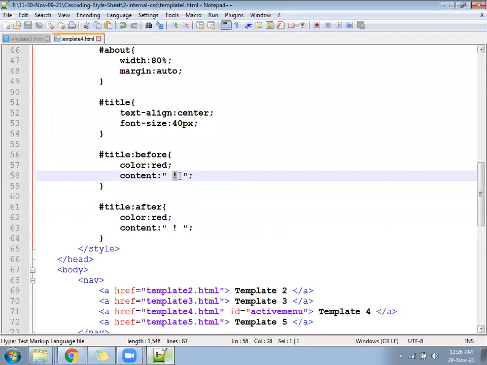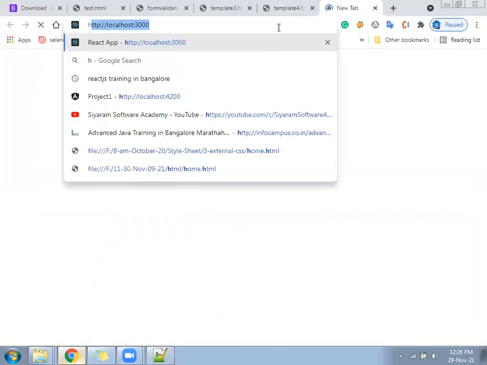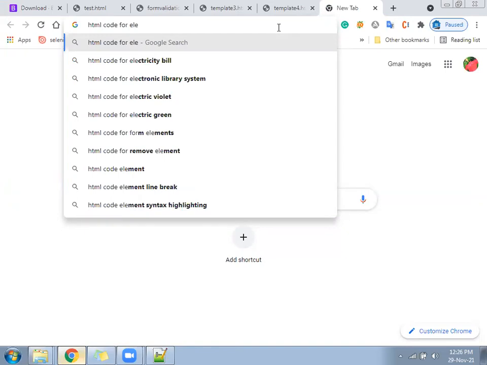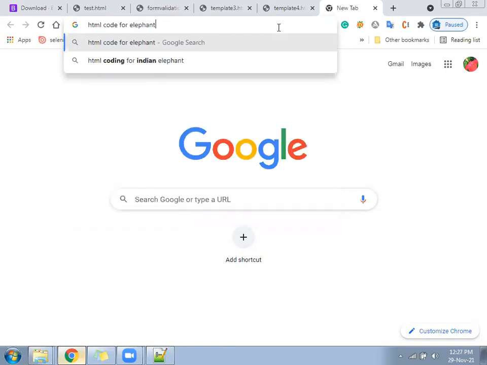Let me search on the internet for some kind of code. HTML code for elephant.